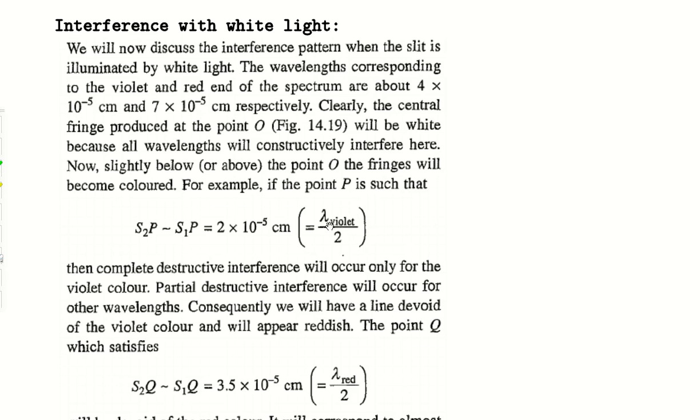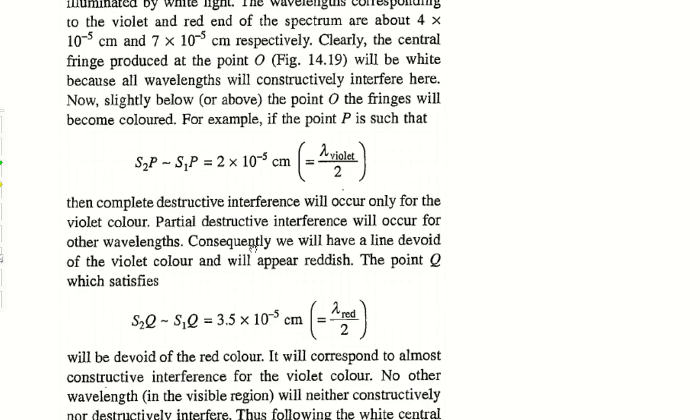So violet wavelength satisfies the condition of first minima at this point P. So violet color will be absent, but other colors which are of greater wavelength than violet will satisfy some partial destructive interference, that is, partial constructive interference also. So violet color will be absent, and consequently if you omit the violet color from a white light, then the rest of the light will be reddish. So reddish color will appear at the point P,